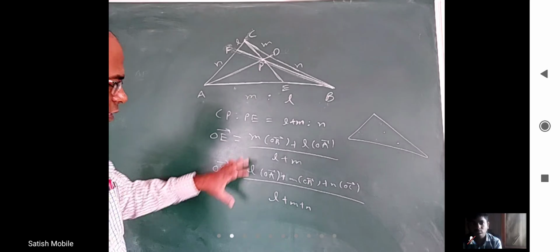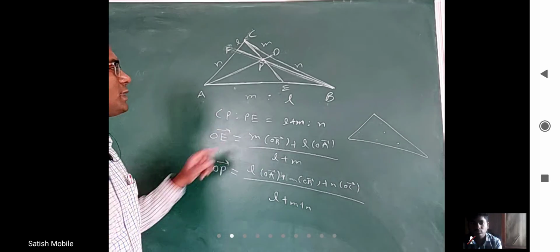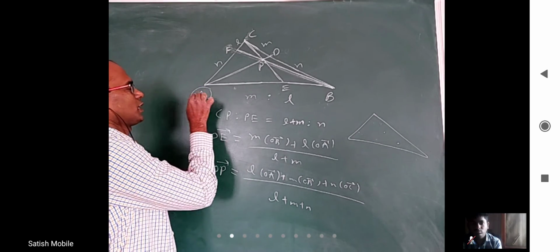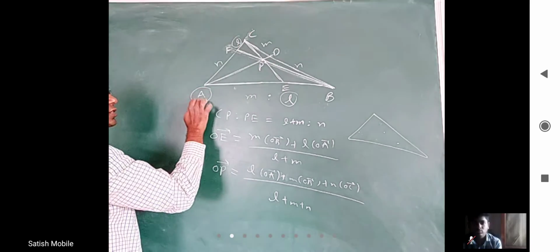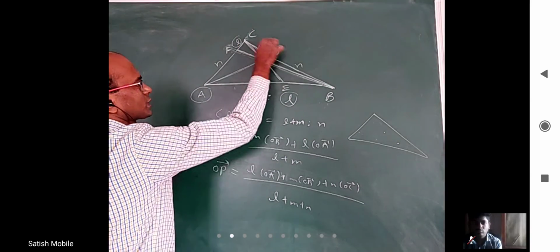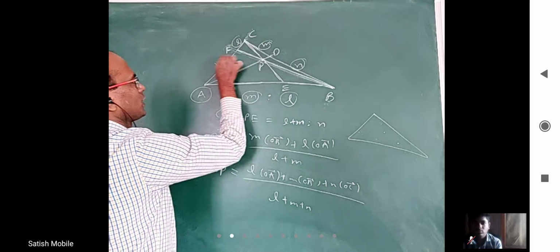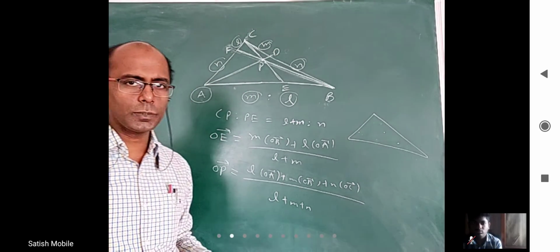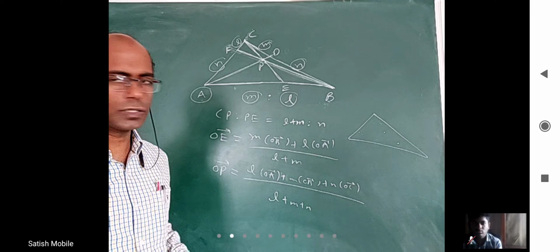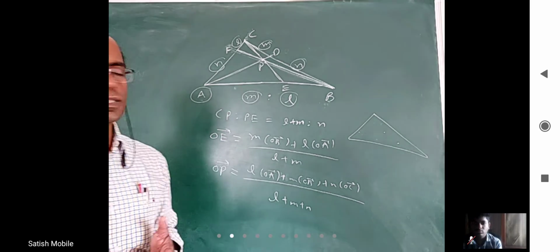Okay. This is our fundamental formula. Please understand that this number L is somehow connected to this, number M here is connected to this, and number N here is connected to this. Now we are going to derive the formula for the centroid. Centroid we already know, but still we will do it. Then orthocenter, circumcenter and incenter based on this formula.